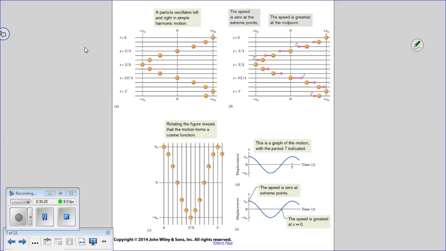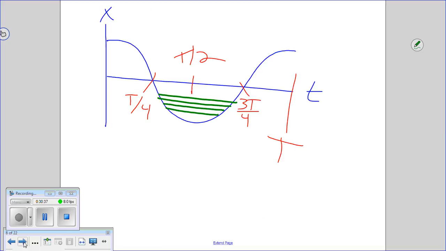Okay, cool. All right, so this is the thing oscillating in simple harmonic motion. We talked about the speed being greatest at the midpoint. We covered that. Rotating the figure gives you the wave. This is the graph of the motion. All right, so let's go back to this again real quick, and then just identify